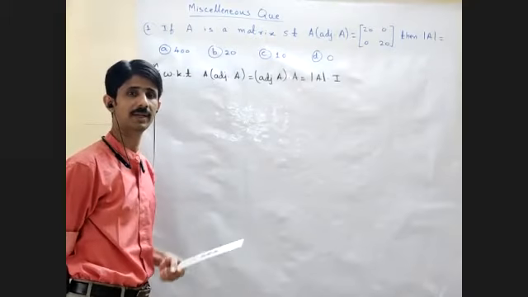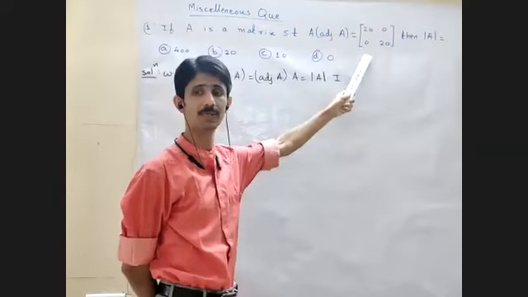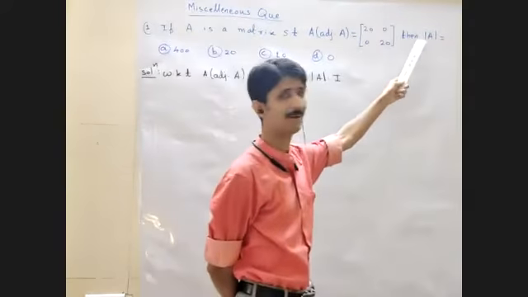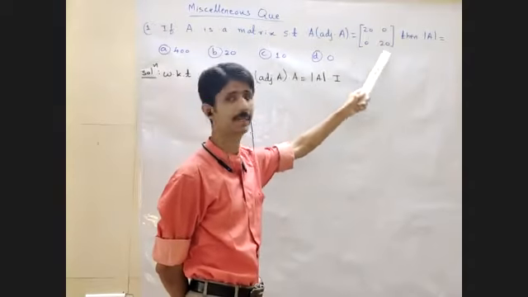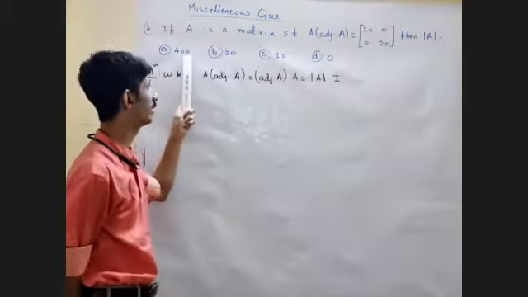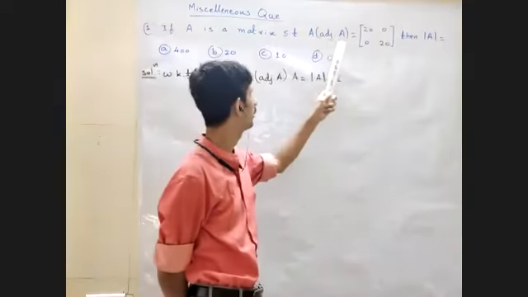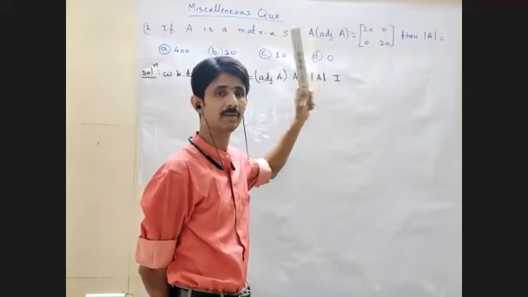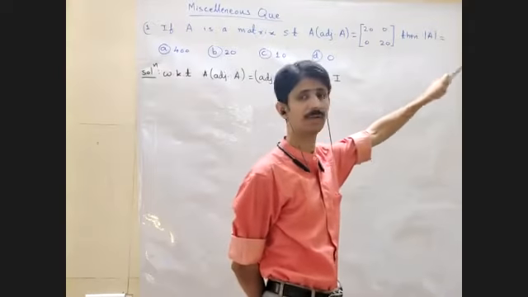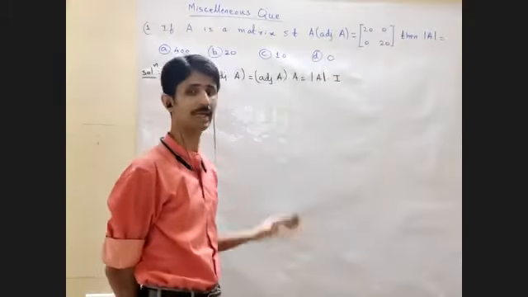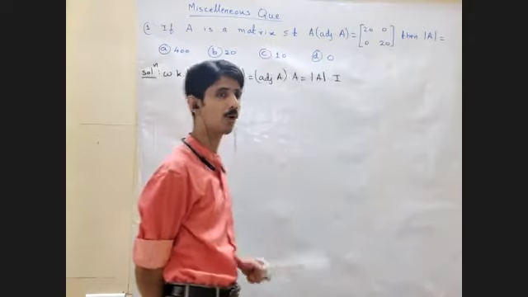Now we'll have to be very careful. I have seen many times student क्या करता है, A into adjoint of A का वैल्यू दिया है, determinant of A का वैल्यू निकालने के लिए इसका determinant निकालता है and answer 20 into 20, determinant of A लिखता है 400. Absolutely it is a wrong answer. ये मैट्रिक्स A नहीं दिया है. This is A into adjoint of A दिया गया है, हमें determinant of A का वैल्यू निकालना है, तो A तो मालूम ही नहीं है हमें. So please do not find out the value of this determinant, it will be a wrong answer.